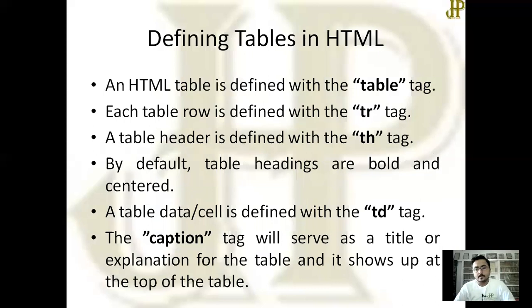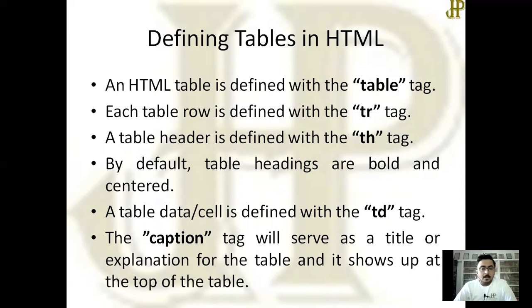Now, how could you create an HTML table? First of all, the first tag you have to remember is the table tag, which is to be used whenever a table is to be inserted or created in your web page. Okay, so there is an opening table tag and a closing tag.